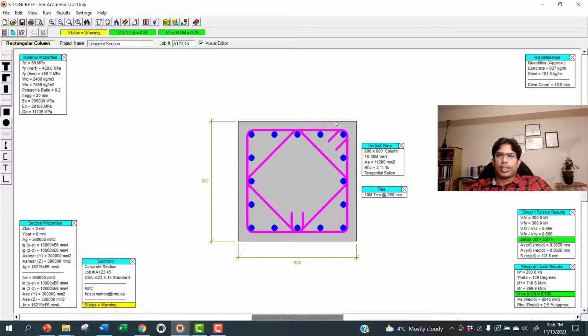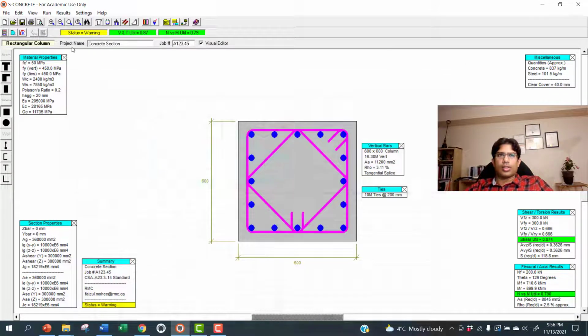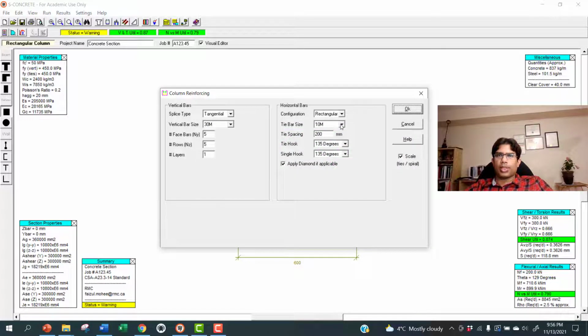So for rectangular tied column, you need to select this rectangular column, and the horizontal bar should be rectangular, and for a spiral column, you need to select spiral here.